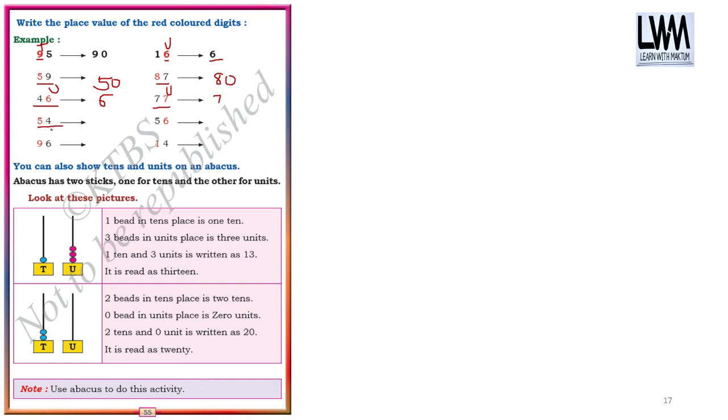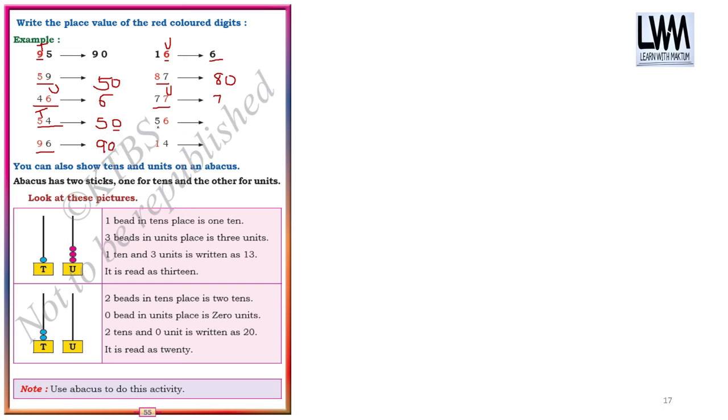Then 54, 5 is at tens place, multiply with 10, it will be 50. Okay, multiplication, don't worry. Now if you don't know, don't worry. So simply what you have to write is, if it is tens, you have to write 10 in front of it. Okay, the same way here 96 means write 9 and write 10, that is 90.